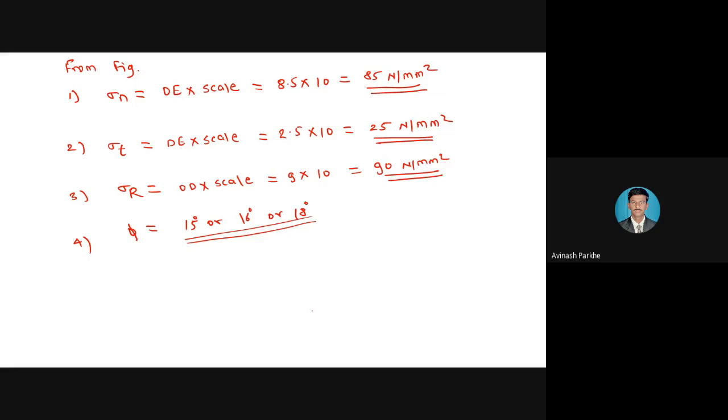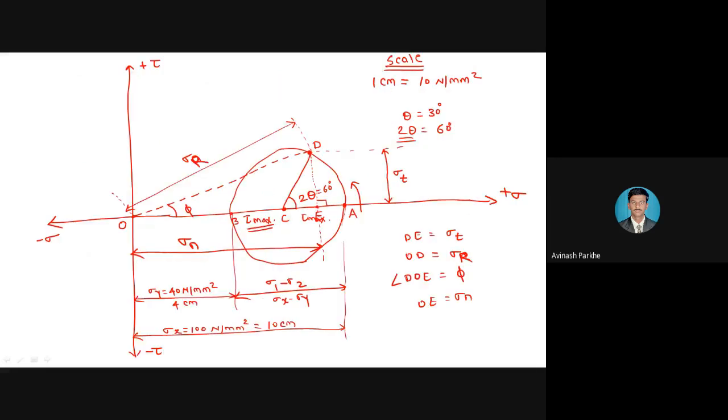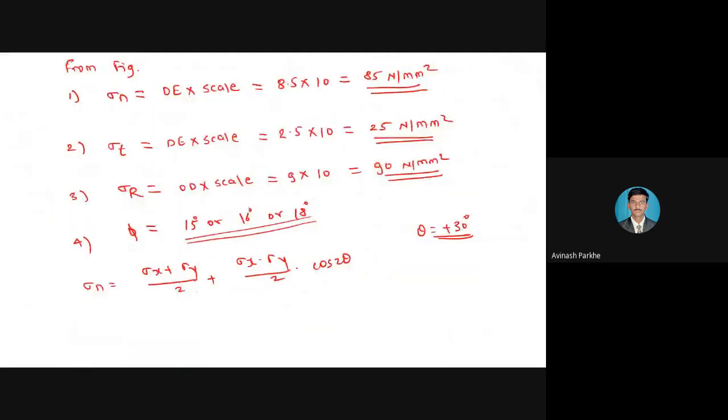For the sample, take the sigma n formula. Let us see. Sigma n is equal to (sigma x plus sigma y) divided by 2 plus (sigma x minus sigma y) divided by 2 into cos 2 theta. Here theta is equal to plus 30 degrees. As per the sign conventions, it is present at the left side and the top corner, therefore plus 30 degrees. So put the values of sigma x, sigma y, and theta, and tell me the sigma n. We will verify at least one answer, whether all the answers are near to that answer or not. Tell me the answer by the analytical formula.